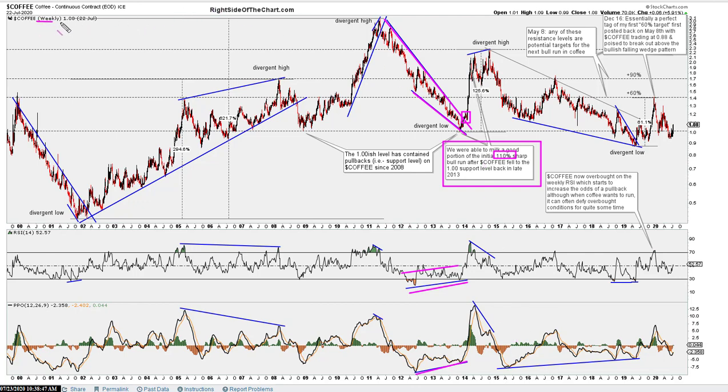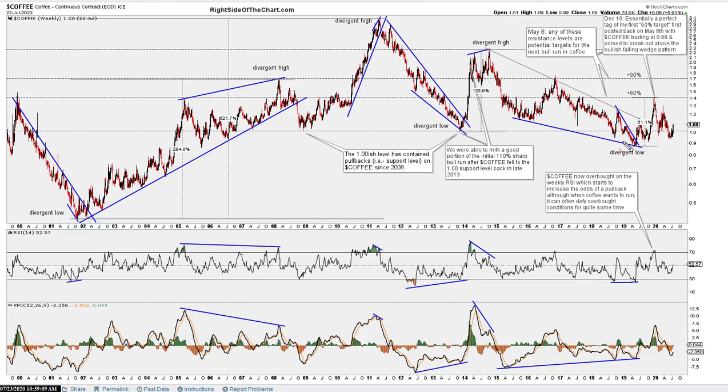So this is, again, the bigger picture stuff. This is a long-term chart. This is a weekly chart, meaning weekly candlesticks. We're going back 2 decades, and simple stuff. If you take a long-term approach, you're looking at bull and bear trends, bull and bear markets in coffee, and there's been quite a few. This has been in a bear market, but starting back here,